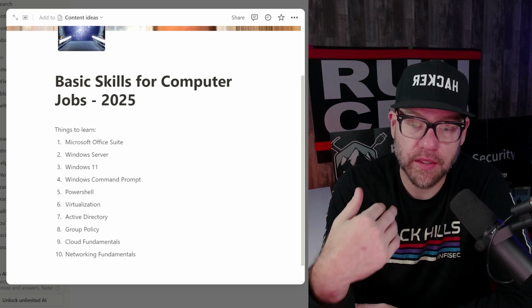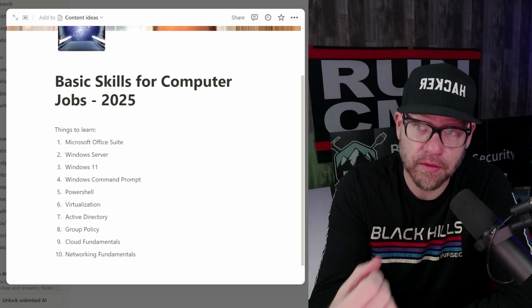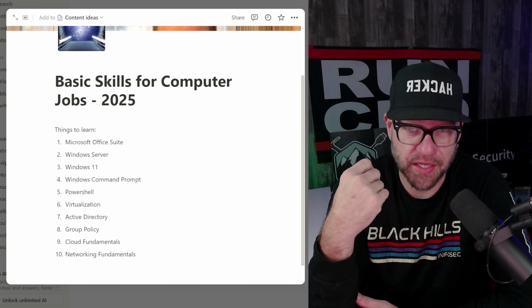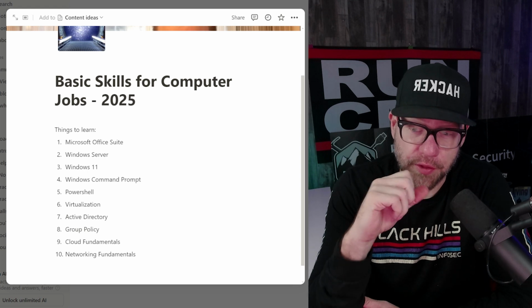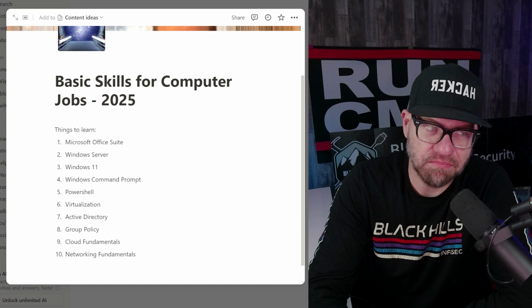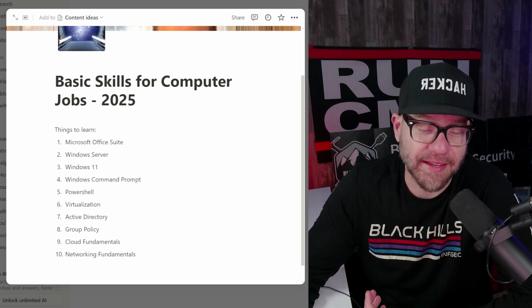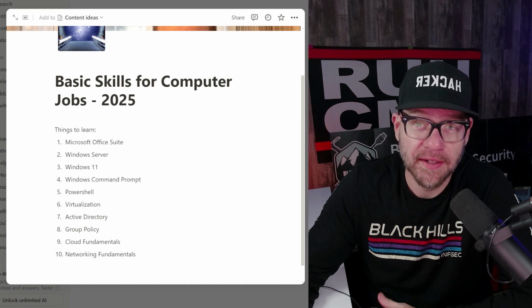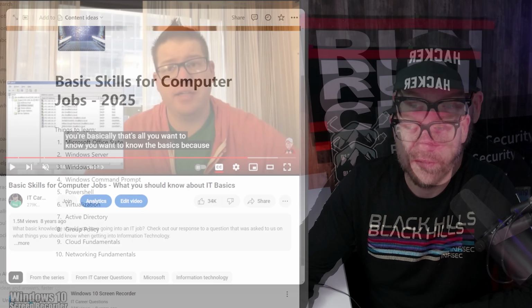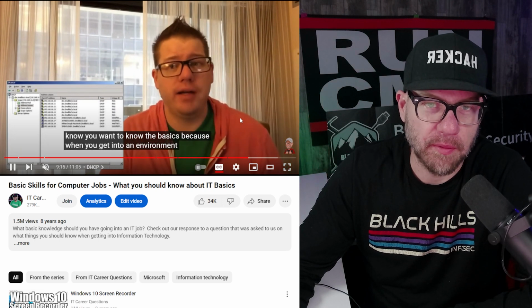As you're going through and learning networking fundamentals, more specifically the OSI model, and knowing and understanding the different ports, those are some of the networking fundamentals that I think everybody should have a good grasp of. Ultimately, what I'm getting at here is I would still keep this on the list, but I would aim it towards networking fundamentals as a whole. I think that's where your money is going to be.